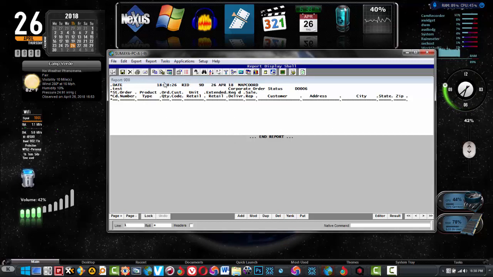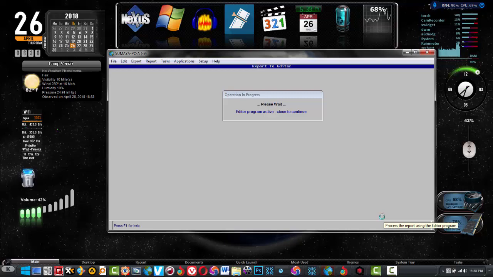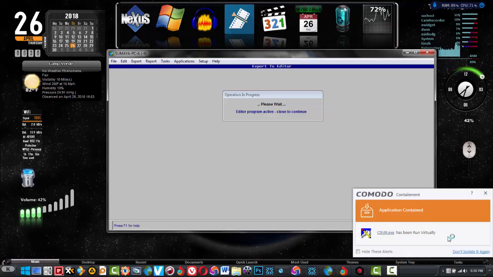I can continue to manipulate this. I can send it out to a spreadsheet. I can go click directly in here, lock it, because I'm going to update it. Now it's indicated that it's locked. I want to go and directly edit it